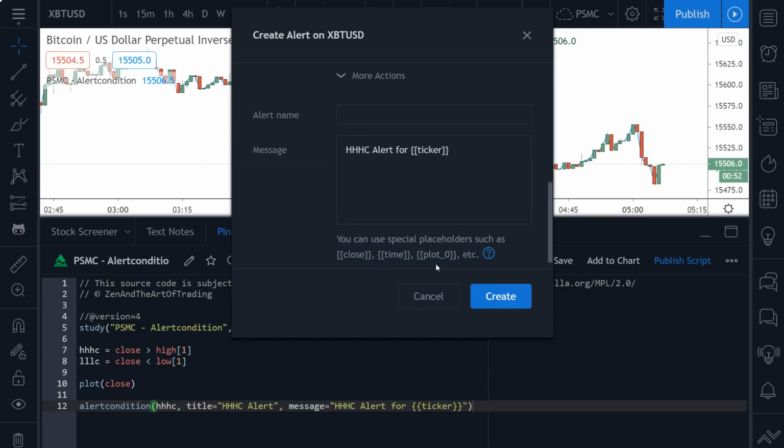But you can even reference plot values in your messages. So if you were to write in here plot_0 within 2 curly brackets, in this case, our very first plot is this one here. It's just plotting the closing price, this blue number up here. If I were to add in that plot placeholder,